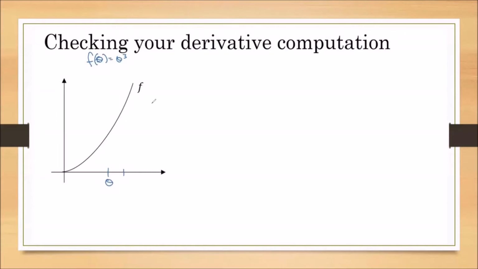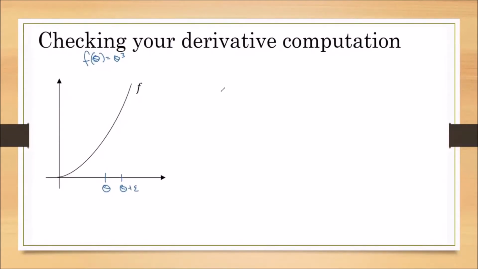This is the curve theta cube. On the x-axis is theta, and on the y-axis we are taking f. So f of theta is equal to theta cube. By using calculus, we know the differentiation for this is 3 theta square. But when we want to find the differentiation by using the numerical computation method, we take that point